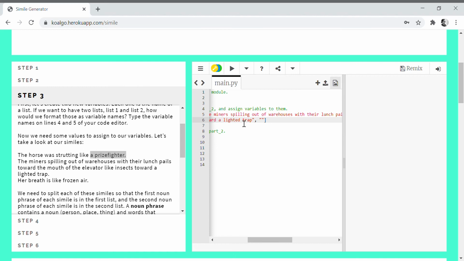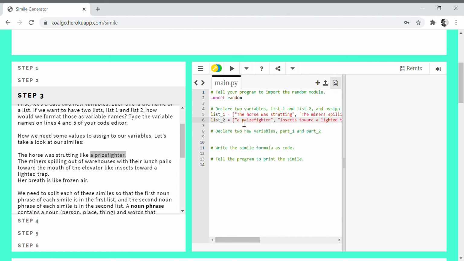Okay, just to be clear on that. And then frozen air. So we've got two nice variables here, and each list has noun phrases. So the first list has the first noun phrase from each simile, and the second list has the second noun phrase from each simile.